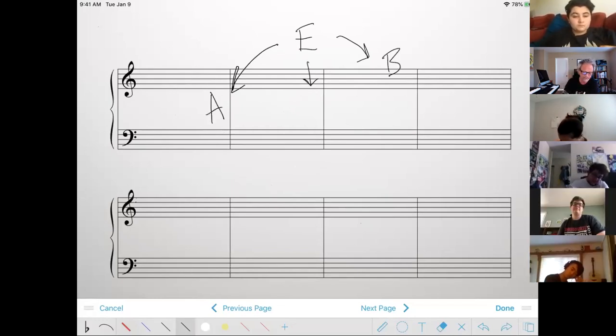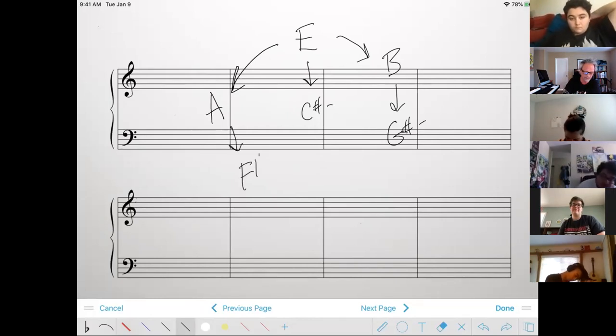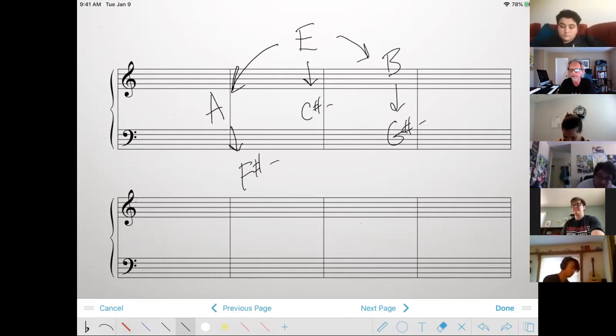Now, relative minors of each. B sharp minor. D sharp. G sharp minor. And then I heard it, F sharp minor. Yep. Those are all closely related keys to one another. So if you know your circles, or you know your relationships between them, and now, folks, give me the key